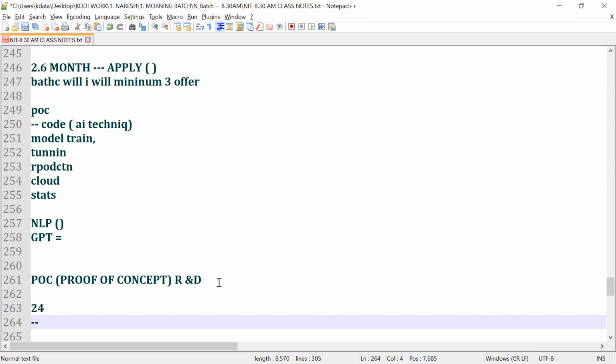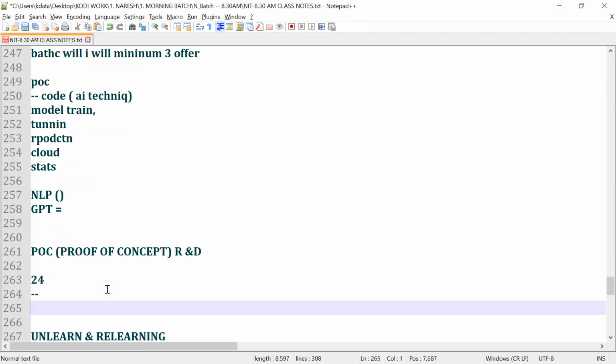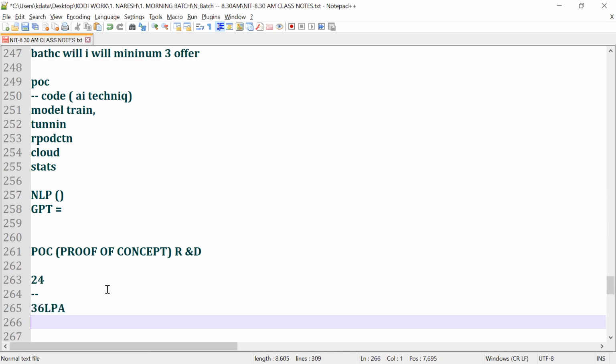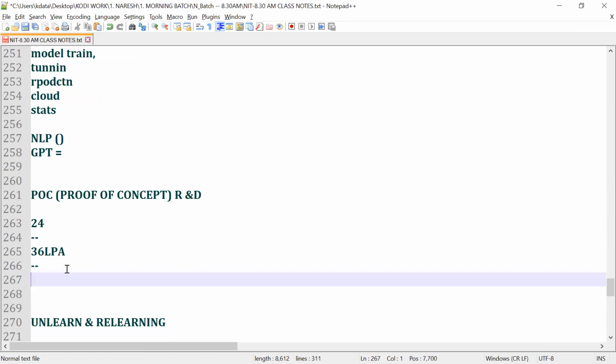The first thing is you have to unlearn and relearn. Whatever you learned, you have to unlearn and relearn. Let's say from 24, your first package will be 30 or 36 LPA. Once you get one offer, I want you to stick to it.